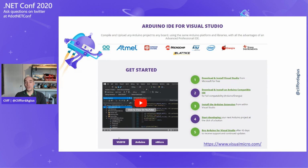Now, anyone that's used Arduino knows and loves the Arduino IDE. It's effectively a Notepad-esque IDE. It's not very good as an IDE. It's not as full-featured as VS Code and Visual Studio, which software developers know and love. It's more of a hobbyist IDE. VS Code is really good for programming Arduino, but it uses the Arduino IDE under the hood, and you can't